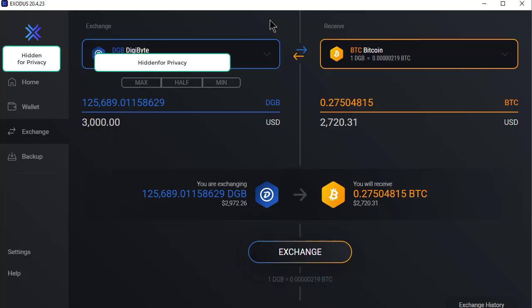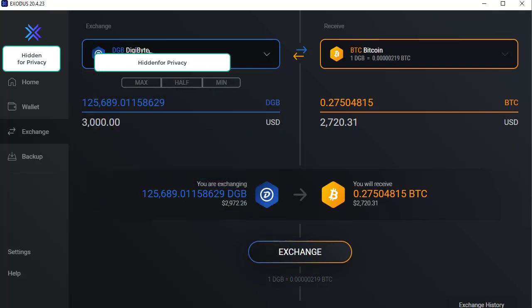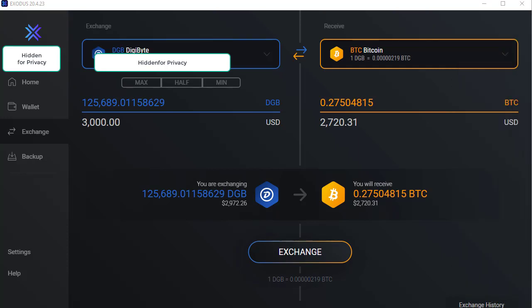So here's my Exodus wallet. And here you can select whatever coin you want. I selected Digibyte. I'm going to trade it for Bitcoin. And then here you put in the amount that you want to sell. You can either type in the number of Digibytes you want to sell, or you can type in the rough dollar equivalent that you want to sell. And then over here on the right side, it'll tell you what you're getting in exchange for that. So basically, if we do the math here,